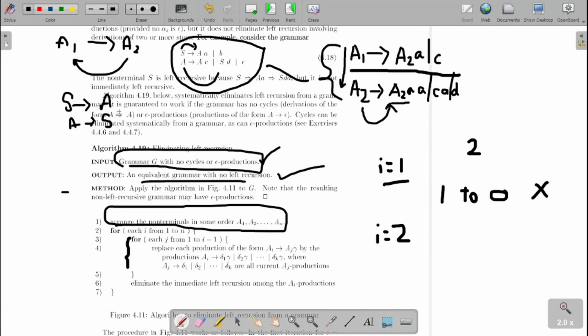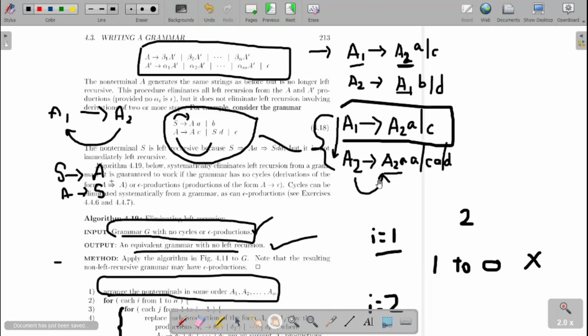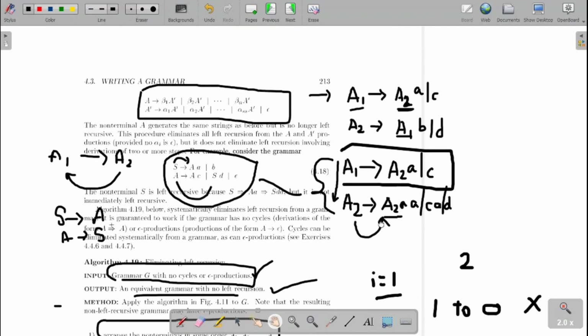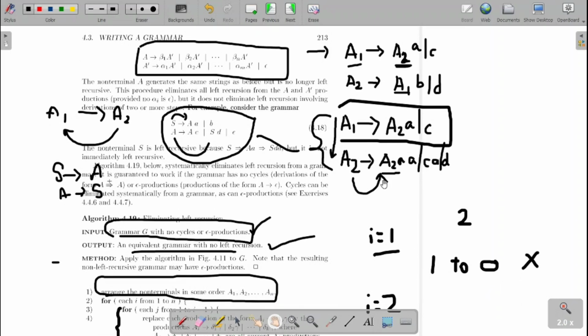We won't substitute. Now the obvious question is, when we have productions of this format, that is A1 and A2, why sir, why are you substituting for the A2 productions over here? In A2 I have the A1 production, for this one I am substituting. I am not substituting the A2 productions over here. Why sir? Because when we see this line A1, we don't know the A2 contents in advance. So that's why we won't substitute A2 there. In place of A1 we are going to substitute. That's what we are doing over here.